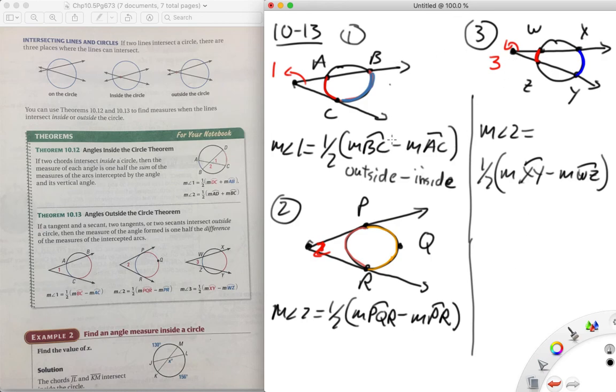3 scenarios, same equation. Angle is the difference of the outside arc minus the inside arc divided by 2. Case 1, one chord that goes through both circles and a tangent. Case 2, both rays are tangent to the circle, and in case 3, both rays or lines are intersecting the circle at 2 points. That's what I was talking about in terms of case number 2. Since I have 2 tangent lines here,